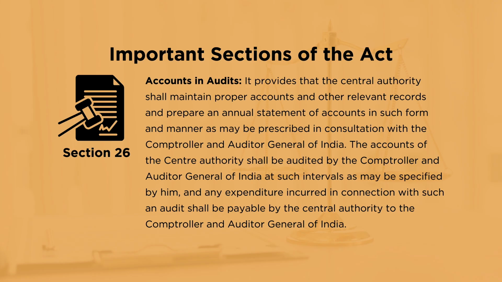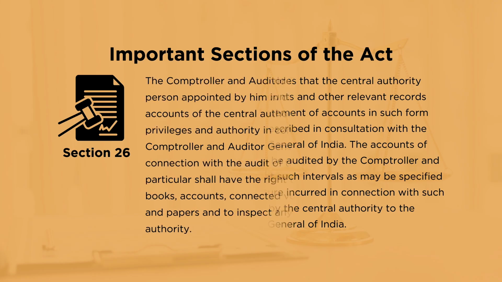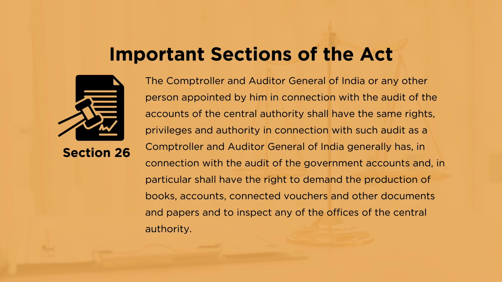The accounts of the central authority shall be audited by the Comptroller and Auditor General of India at such intervals as may be specified by him, and any expenditure incurred in connection with such an audit shall be payable by the central authority to the Comptroller and Auditor General of India. The Comptroller and Auditor General of India or any other person appointed by him in connection with the audit of the accounts of the central authority shall have the same rights, privileges, and authority in connection with such audit as